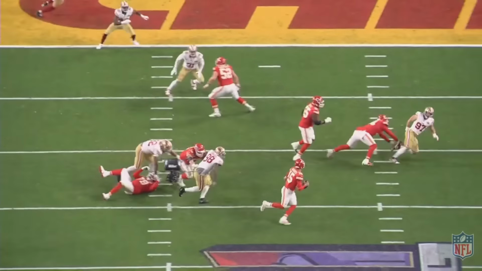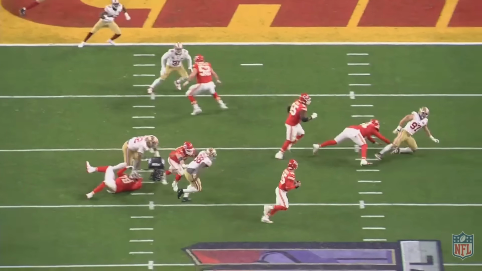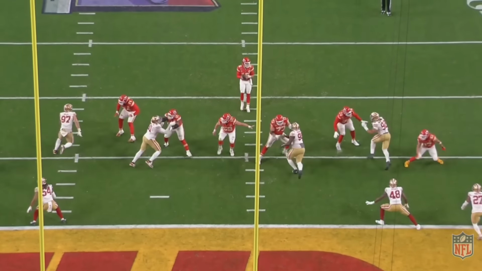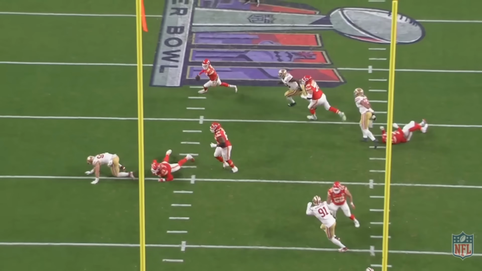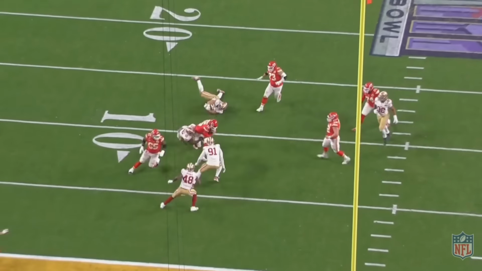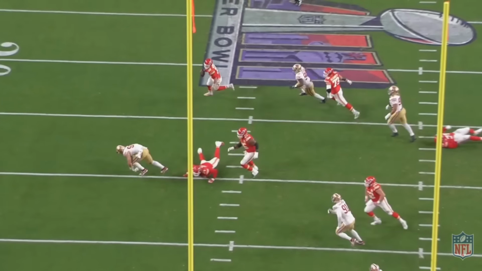right? The blocker ends up on the ground while the ball is still live. Patrick Mahomes still scrambling around, and we're kind of just jogging around again. Like, I don't get it. Here's a better view of it. Again, Donovan Smith ends up on the ground. Patrick Mahomes is still up, and Chase Young kind of just walking, jogging, and it's not like this play resulted in a huge gain or a huge touchdown or anything, but